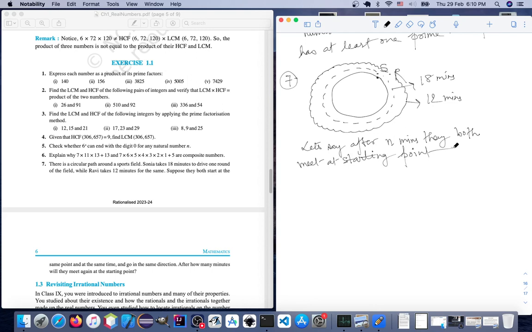I can sense that the answer will be the LCM of 18 and 12. So let's try to understand why the answer will be the LCM of 18 and 12. So the LCM of 18 and 12